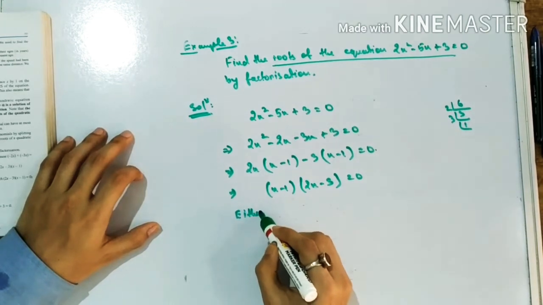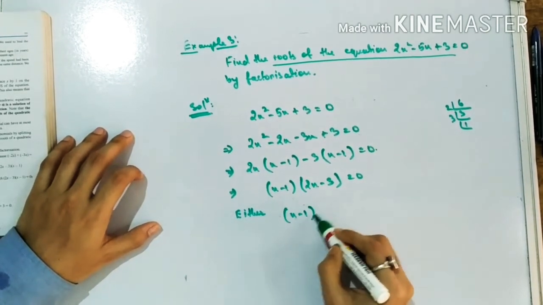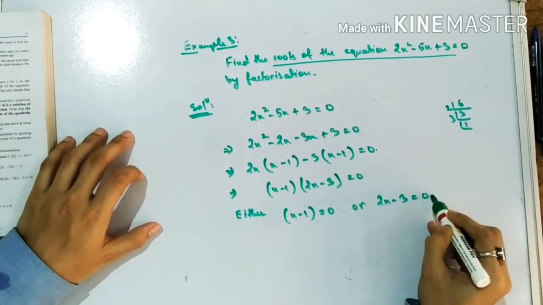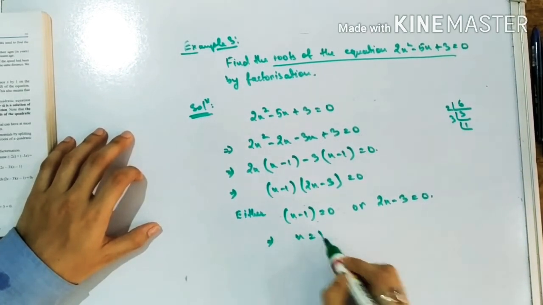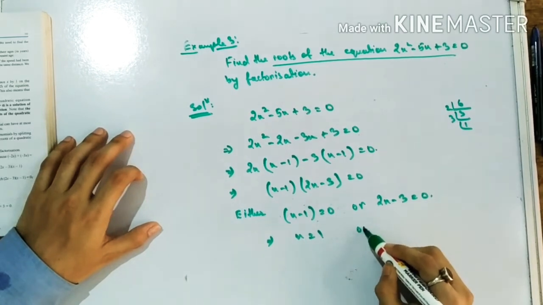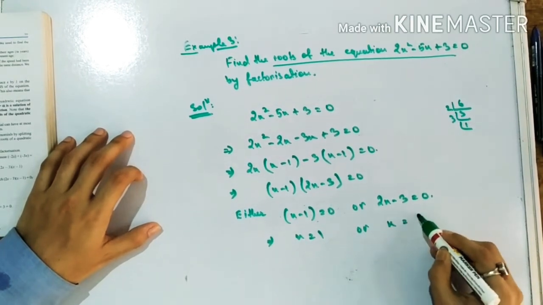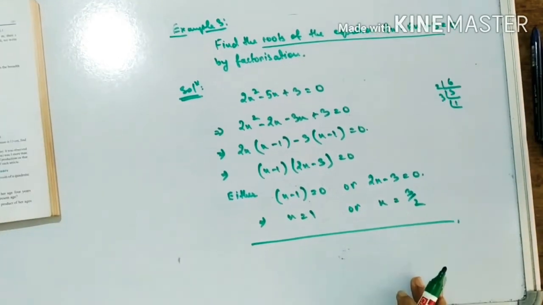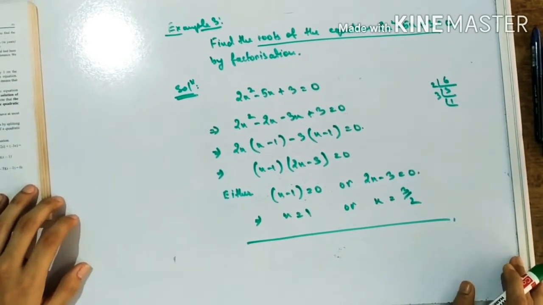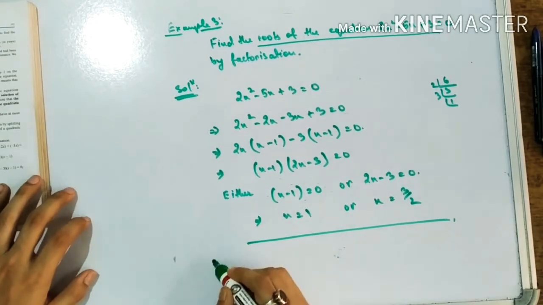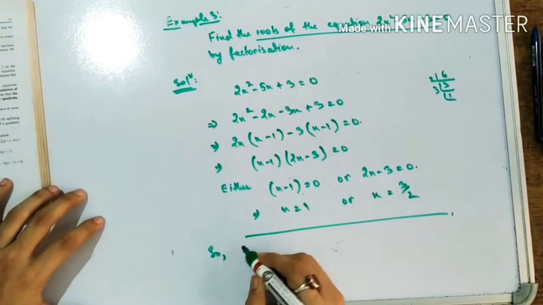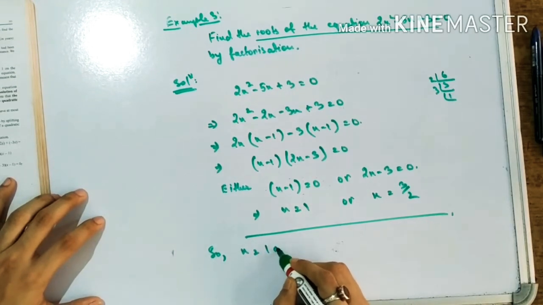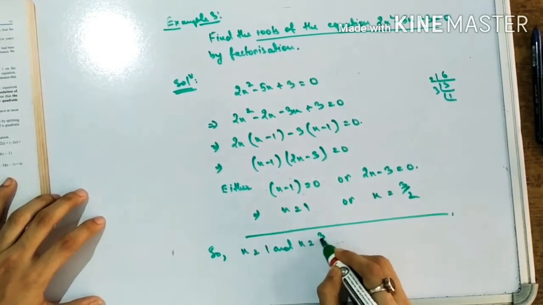So I can say that either x minus 1 is equals to 0 or 2x minus 3 is equals to 0. So x is equals to 1 or x is equals to 3 by 2. This is my answer. So therefore I can write, x is equals to 1 and x is equals to 3 by 2